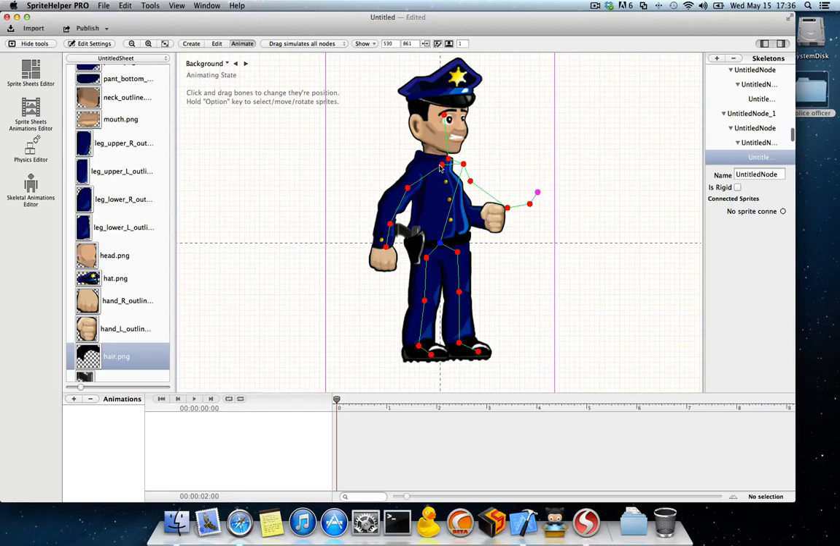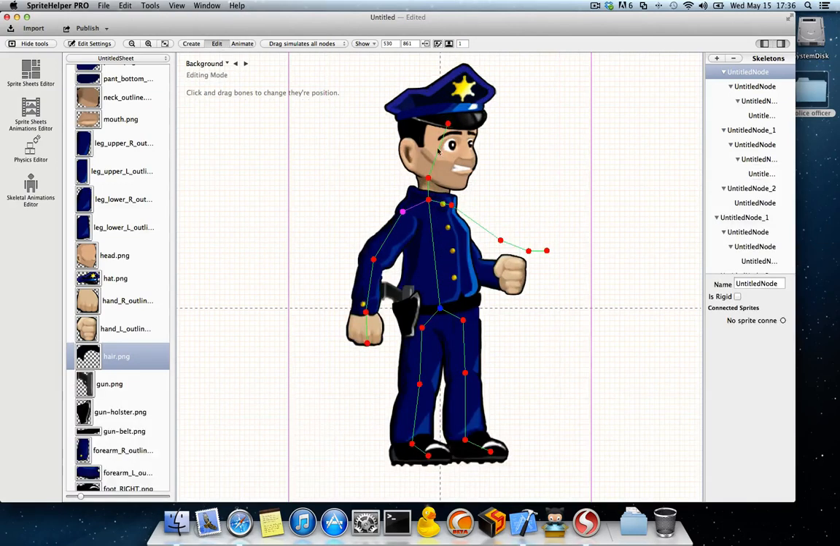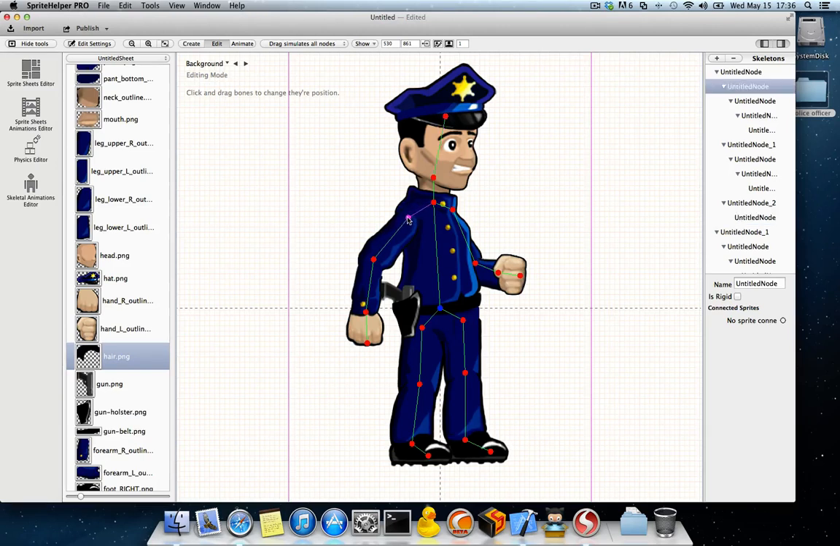So we don't actually need to do this right now, because as you see, nothing happens because the bones are not connected to the sprites. So let's go back to edit mode and place the bones back where they should have been, because I moved them just to demonstrate what animate mode does. And now let's connect the sprites to